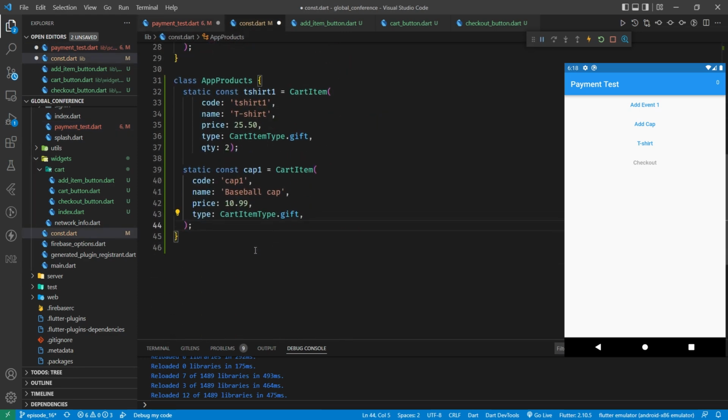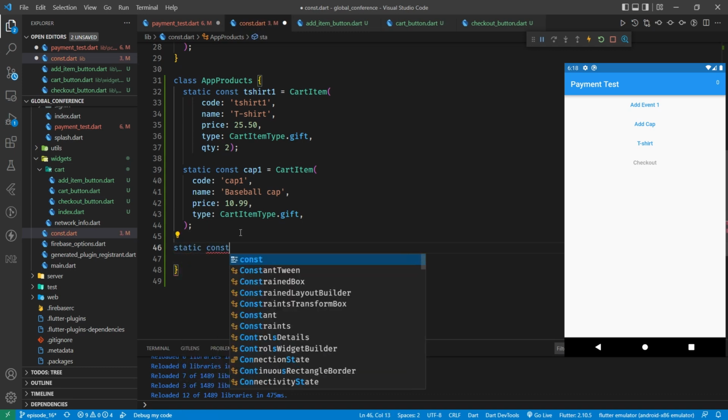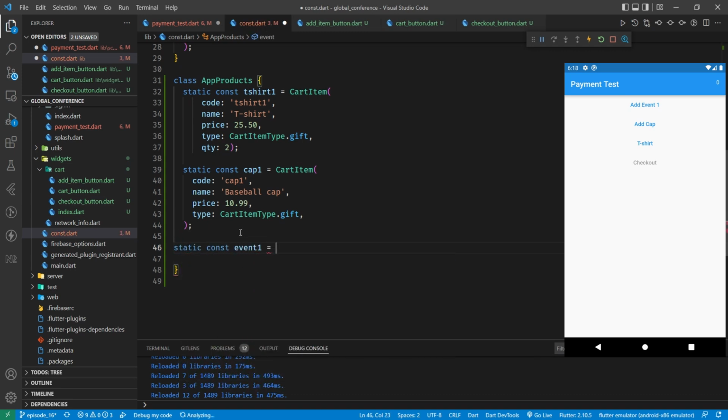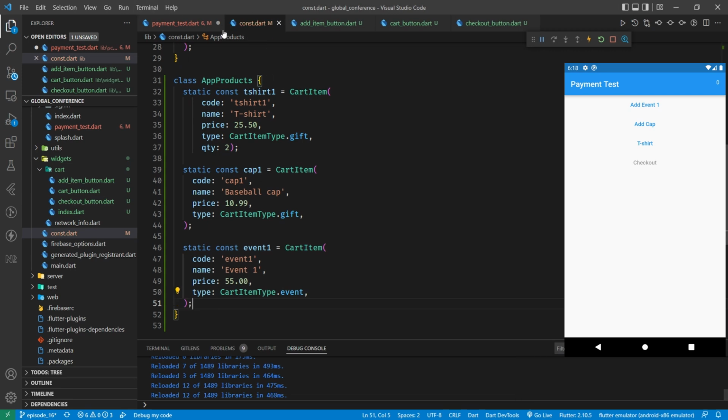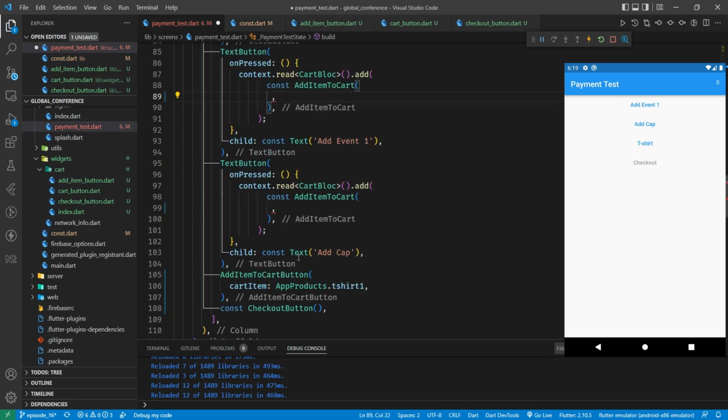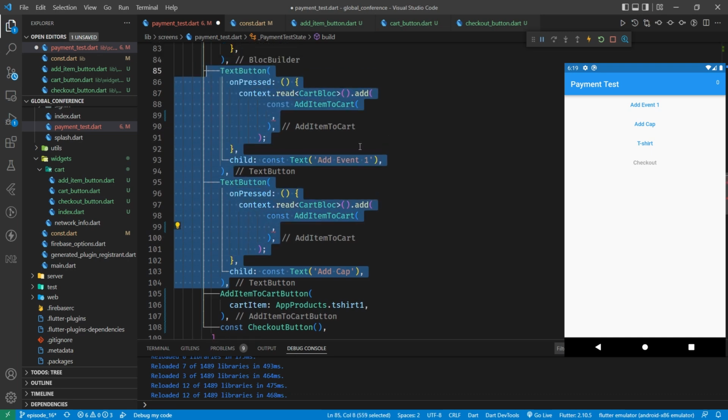And back over here, static const event1 equals that. Okay, so that's all our products in one place, which means we can now delete these text buttons that we've got there